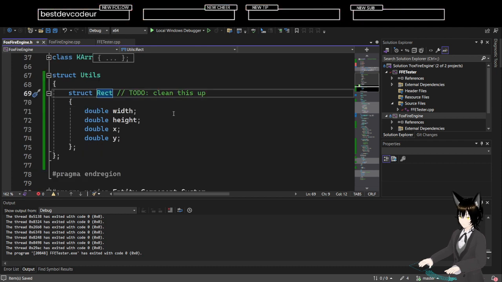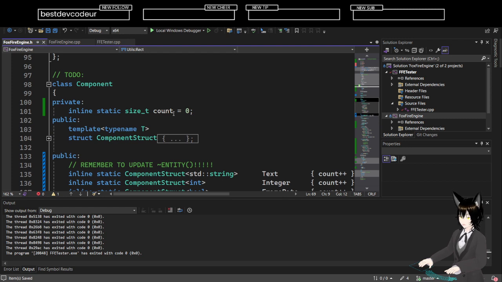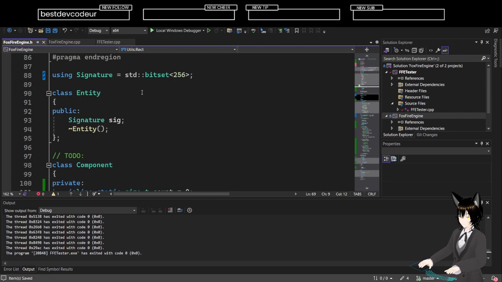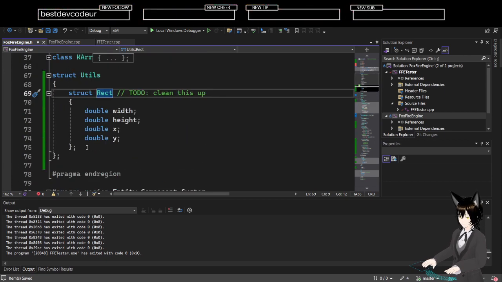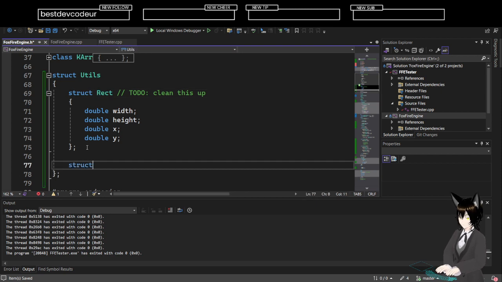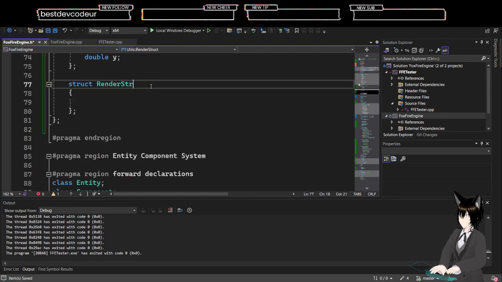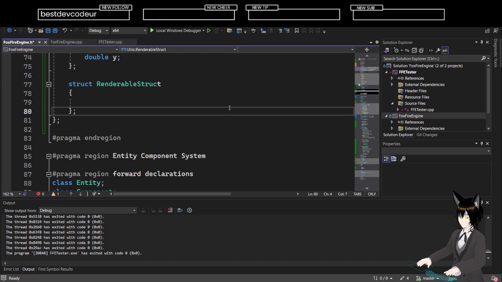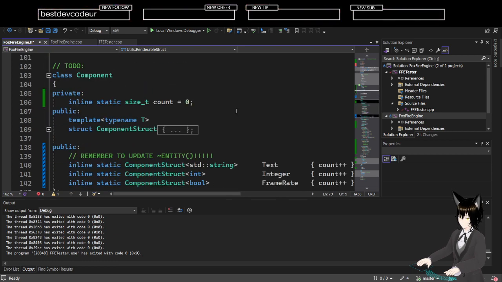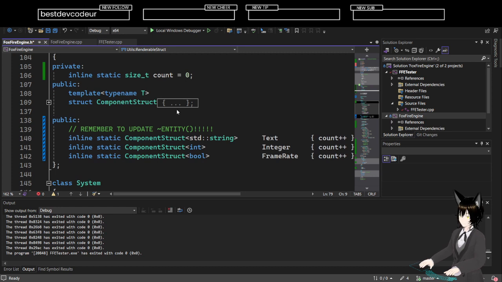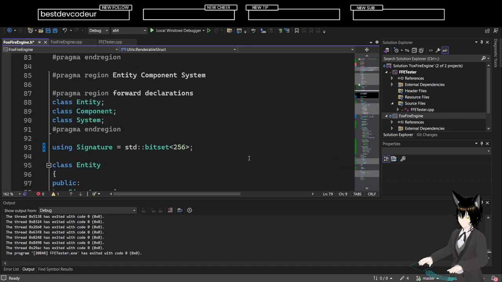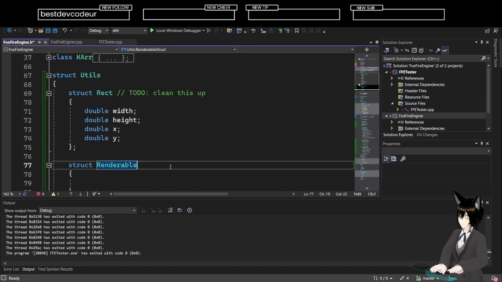So a render struct, or I should do a renderable struct. And the component struct is here. Oh, I don't need the struct there. Renderable,